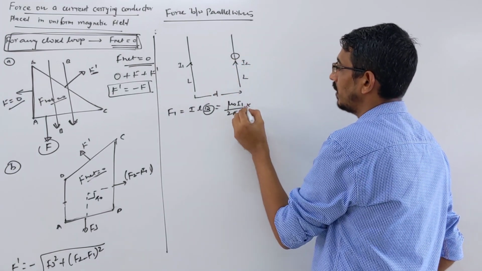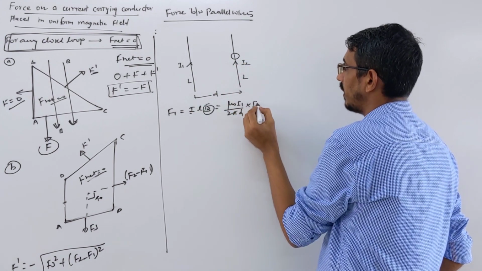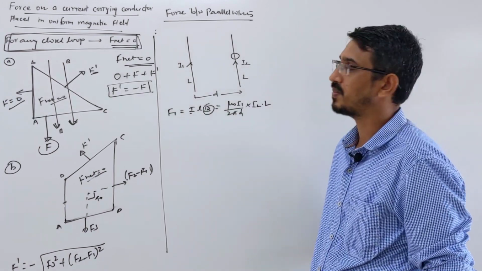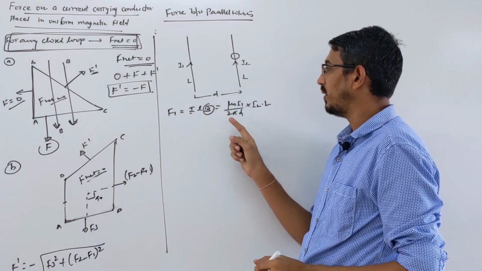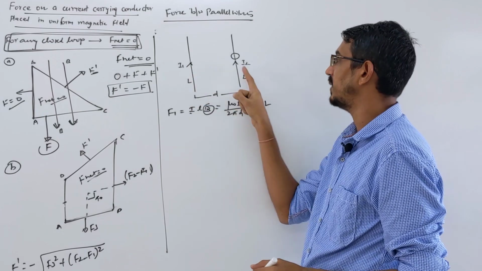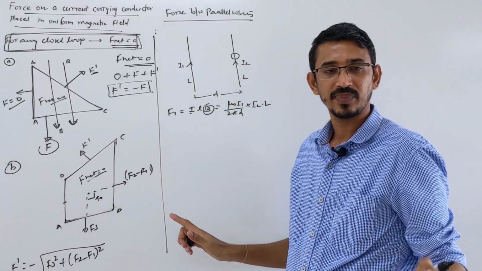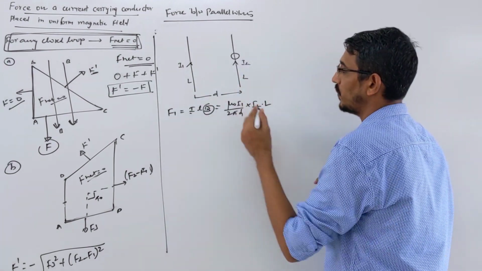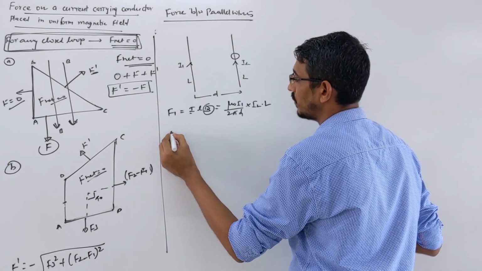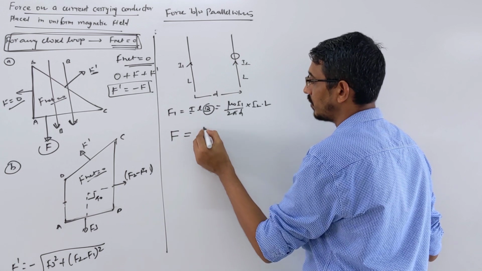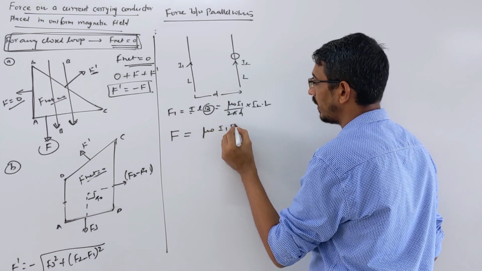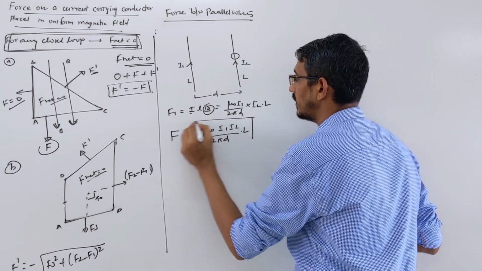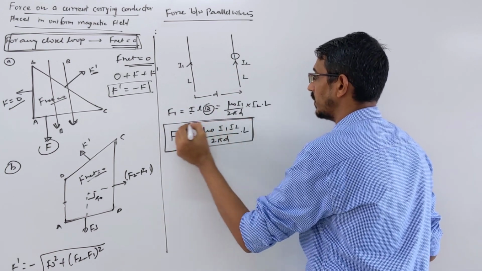Then what is the force? Current in this wire is I2, and the length of this wire, let's call it L. This is the magnetic force experienced by this wire due to that wire. And when you calculate the force on the other wire due to this wire, it also comes exactly the same. So they apply equal and opposite force on each other. So how much force is it? Let's write the formula. The force that they apply on each other is mu naught I1 I2 by 2 pi d into length.